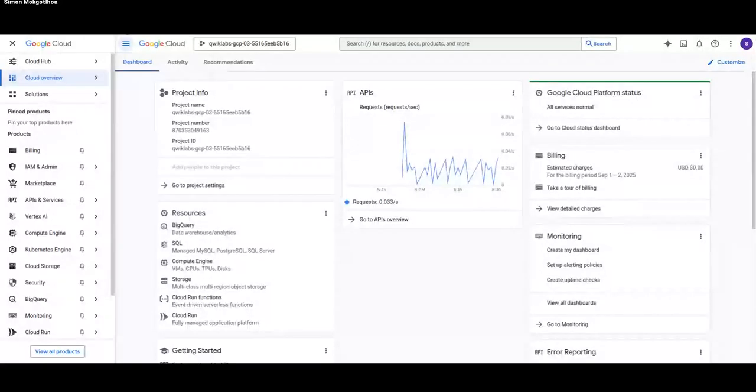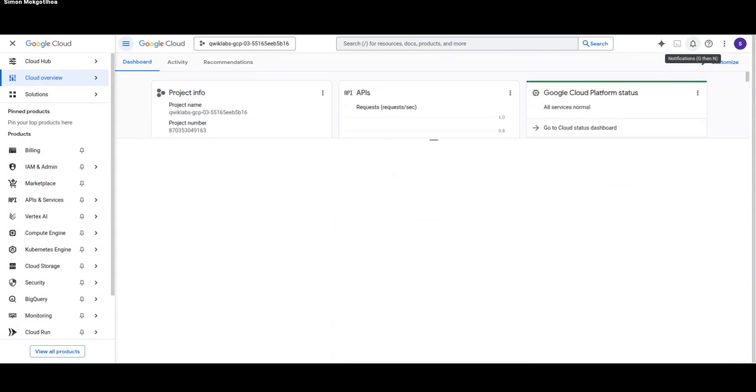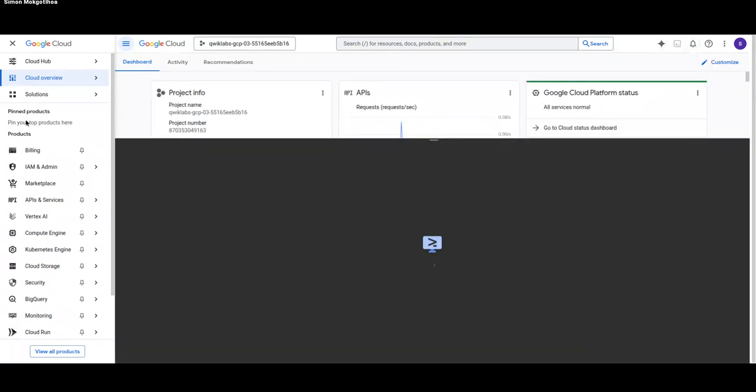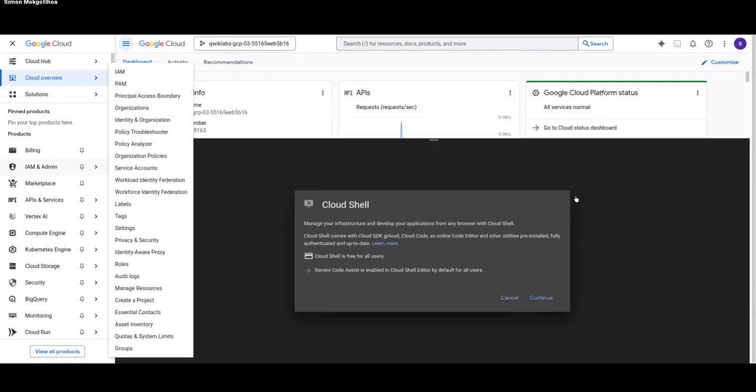Okay, cool. So this is what our environment will look like when setting up. So let's jump in quickly, guys. The first thing you want to do is launch the Cloud Shell. Now think of your Cloud Shell as the terminal that you use on the cloud, right? I mean, sure, it's in the name, but if I were to break down what the Cloud Shell is, it's essentially a virtual machine that is loaded with development tools, right?